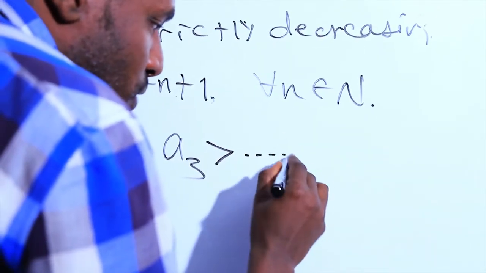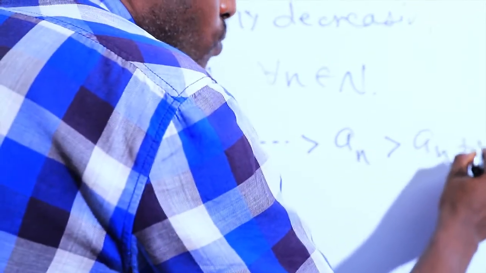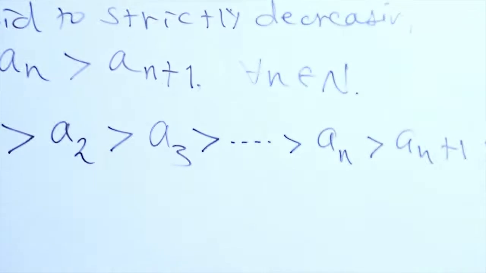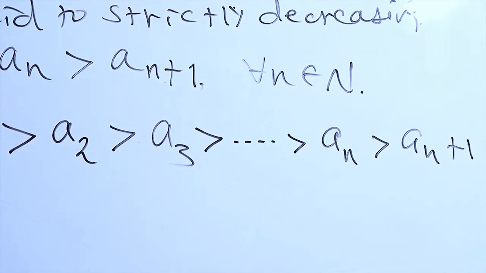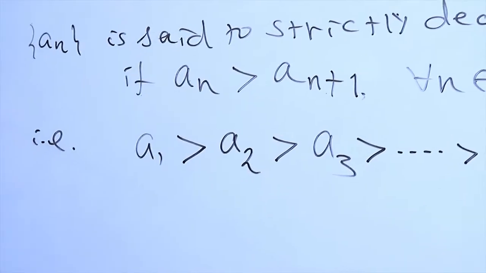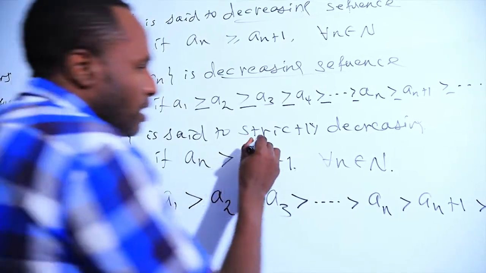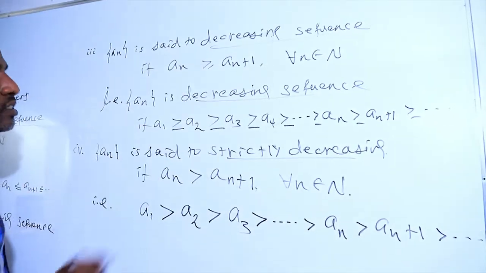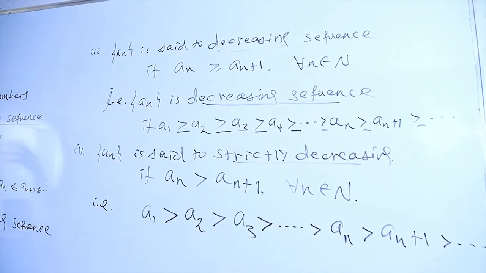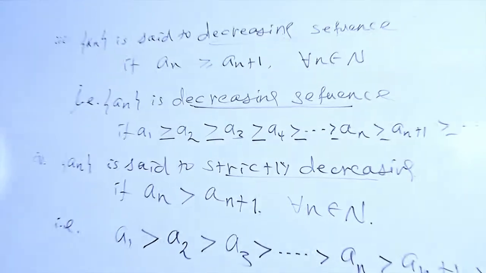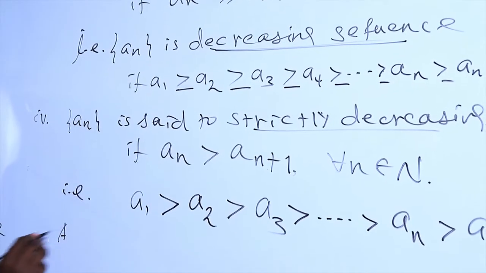All this is continuous in such a way that an is greater than an plus 1 for all these values, for every functional value. Then in this case we can say the sequence an is said to be strictly decreasing, and in this situation the sequence is said to be a decreasing sequence. Now, finally, combining either from 1 up to 4 here, we can say a sequence